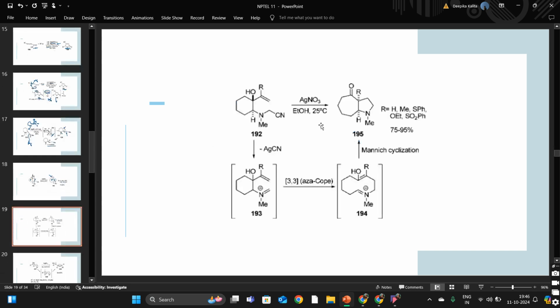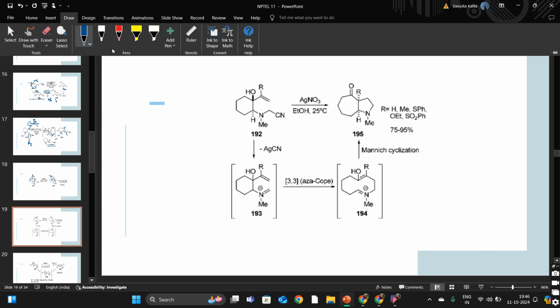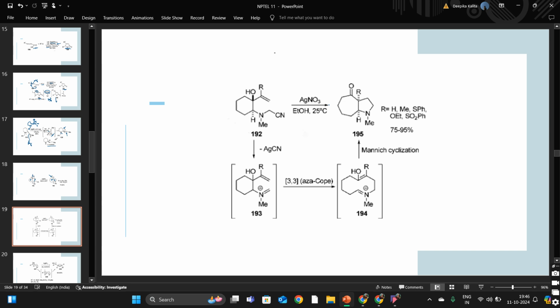So the reaction mechanism starts with elimination of silver cyanide. Okay, the silver cation is going to take up this cyanide, leading to silver cyanide elimination, and we get a positive charge centered on the nitrogen atom of this substrate. Okay, so we get this diene intermediate product as an intermediate of this reaction, and this diene now undergoes 3,3 aza-Cope